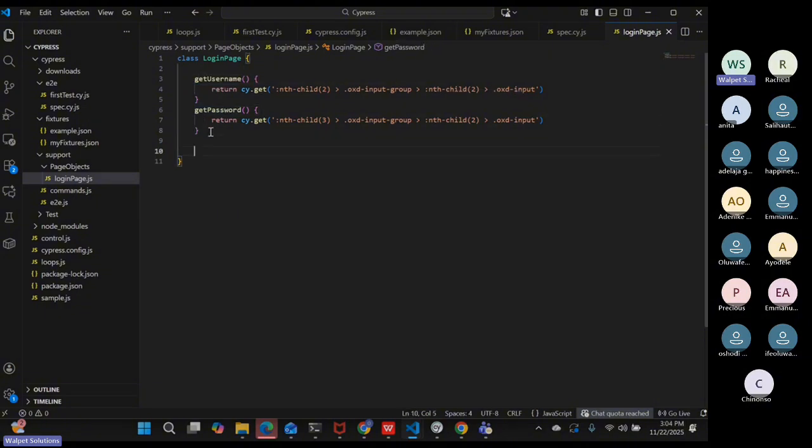So we can then do signing. Like you can do a single method for login. So you can do a single method that says login, and this login will now have two things. You will have your username and then your password. Okay, and then inside here, you will then have get username. Okay, this is going to return this object to you, this web element to you. You can then do dot type, then